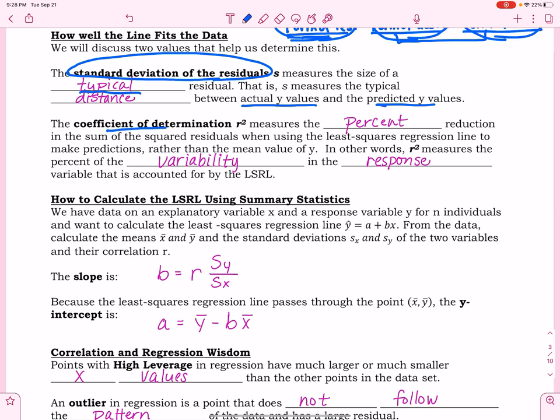Another value that helps us understand our linear regression a little better is the coefficient of determination, or R squared. It measures the percent of reduction in the sum. So in other words, it tells us about variability in the response based on the relationship between the response and the explanatory variable. A lot of the stuff I'm talking about will make more sense when I go to an example. All right, so